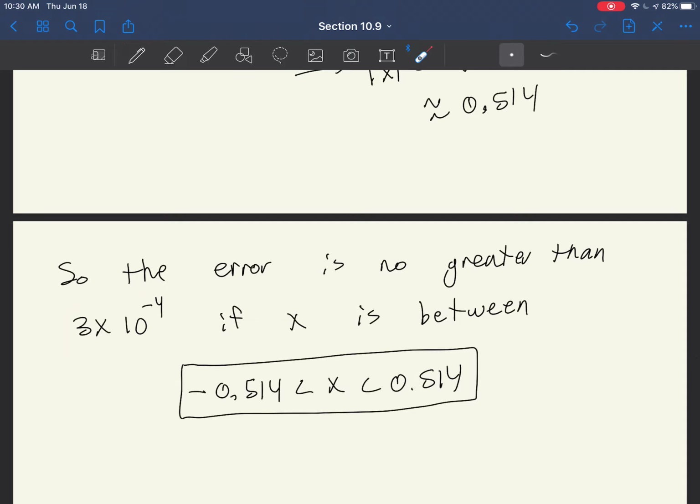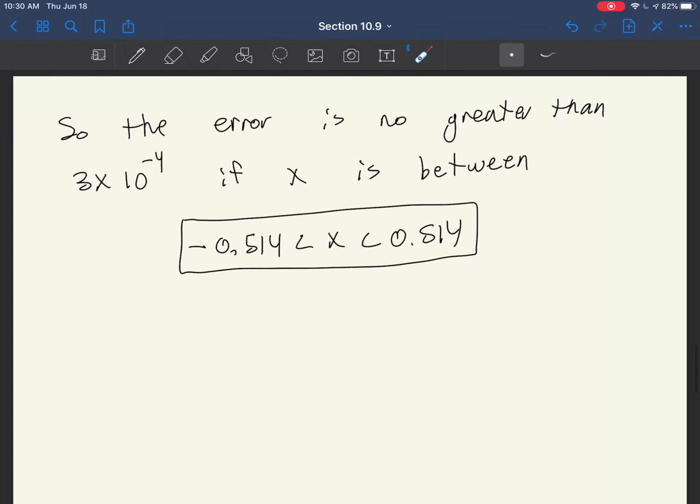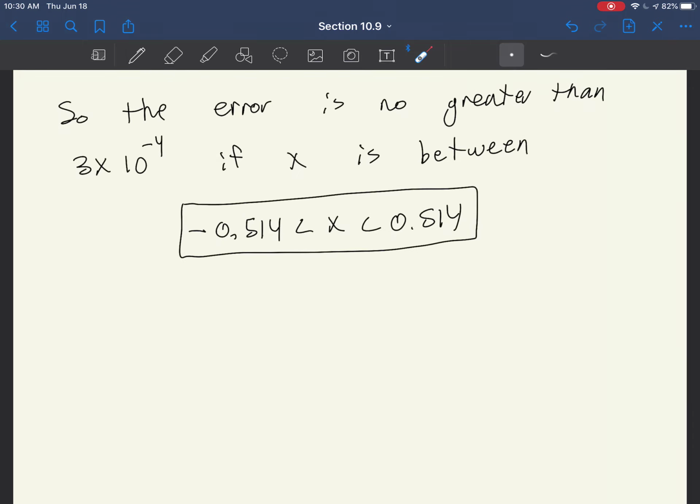So as long as x is within basically 1/2 of 0, we know that the error will be no greater than 3 times 10 to the negative fourth if we use the first two terms of the Taylor series. Add another term and the error term will get smaller and smaller and smaller. So you'll be able to expand this interval if you add